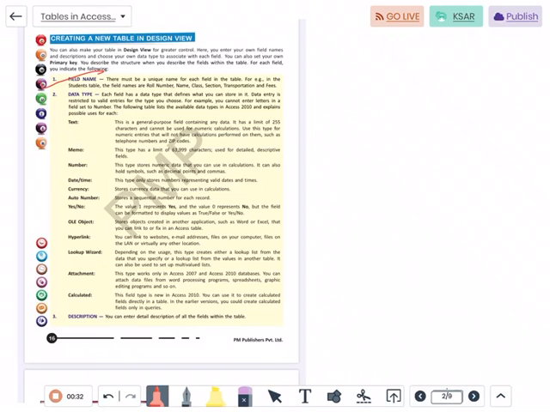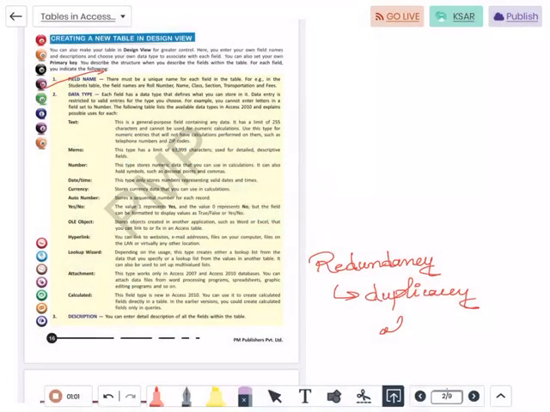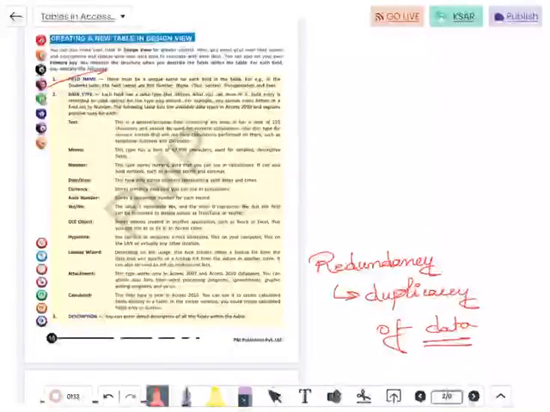So what is a field? Field refers to the particular column. So there must be a unique name for each field. Why? Because each column or the attribute or a field should be distinguished from the other. Otherwise there will be redundancy. What is the meaning of redundancy? I told you, redundancy means duplication of data. So as there will be duplicacy of data, in order to avoid that, field names must be unique.